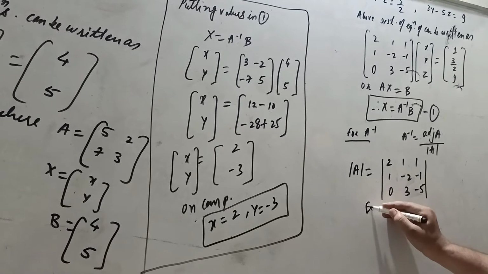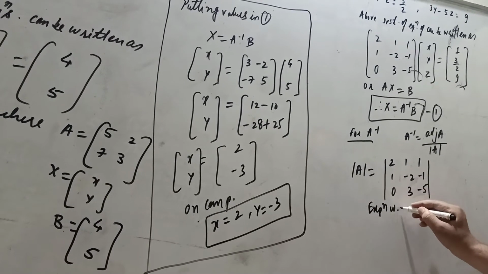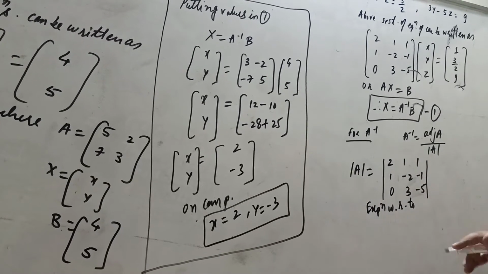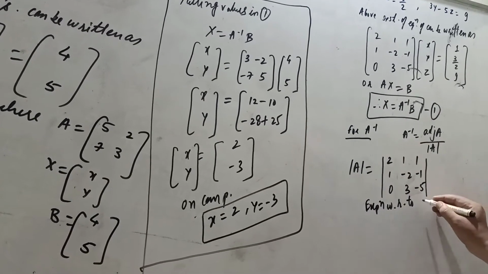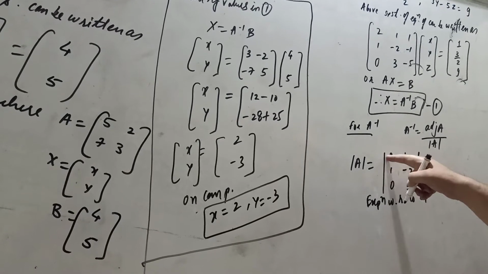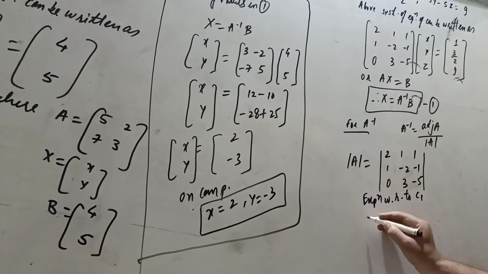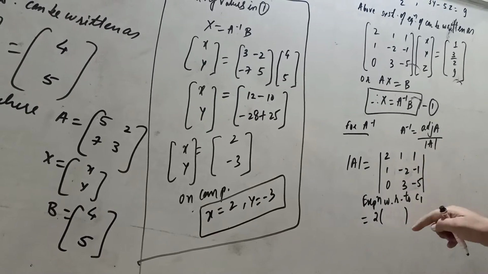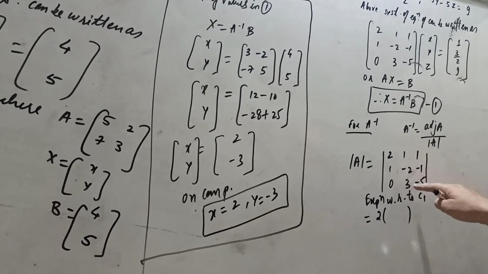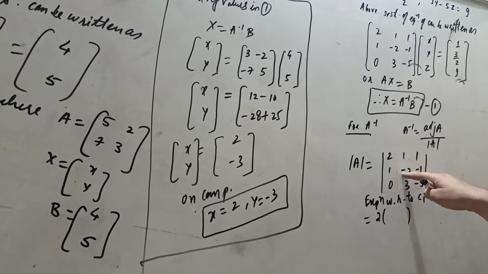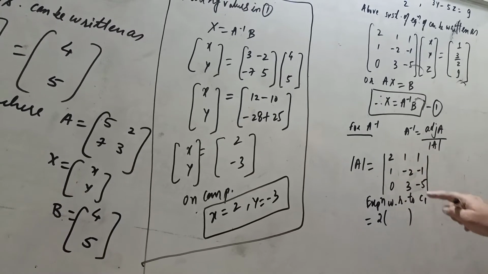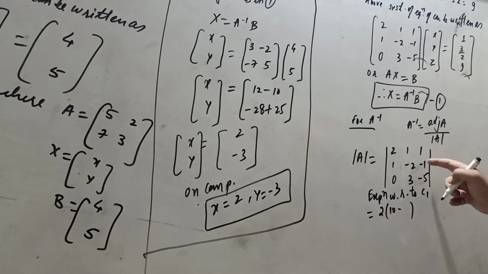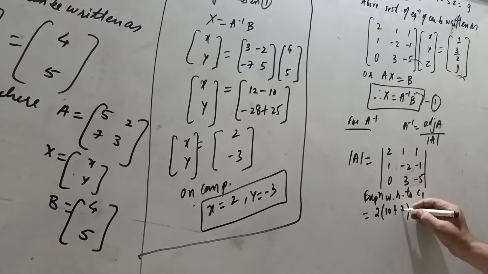Now, you can expand with respect to any row or any column. Here I am expanding with respect to C1 because I have to expand for only two elements, the other element is 0. So 2, don't take this row and column, we get this subdeterminant. So minus 2 into minus 5 plus 10, directly writing minus sign in between, this is minus 3, this will be plus 3.